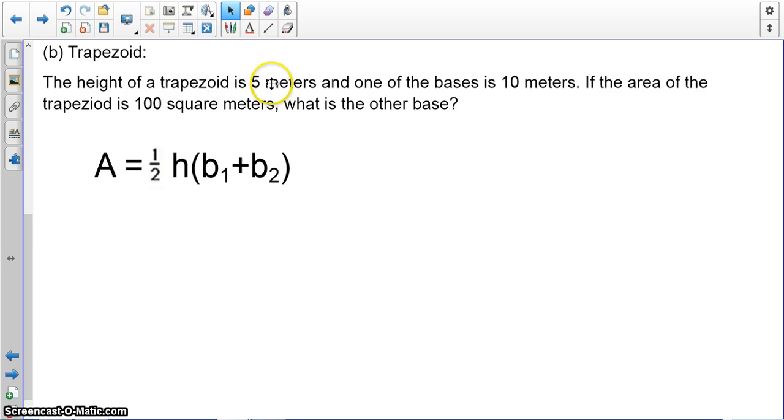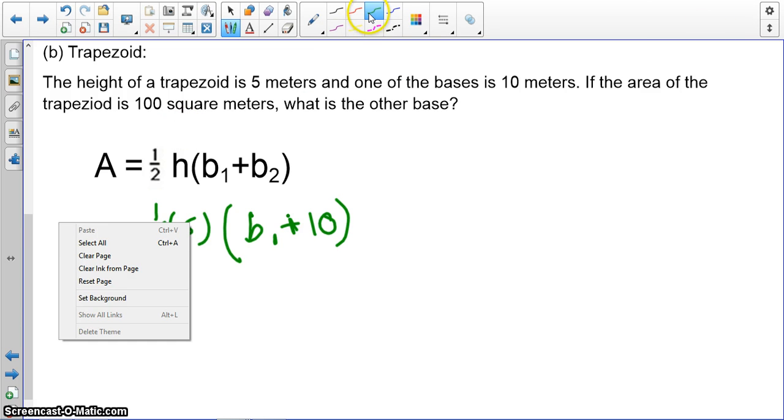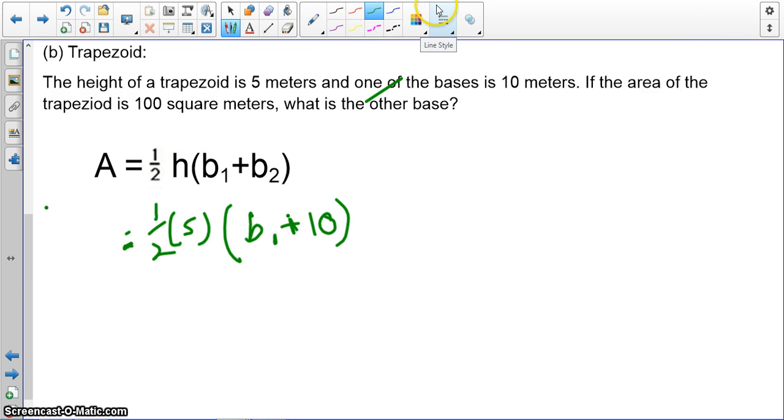So the height is 5 meters. Really what I do is, as soon as I start getting information, I start plugging numbers in. So height is 5, 1/2, okay. One of the bases is 10 meters, so I'll just say B1 plus 10. It doesn't matter, I could do 10 plus B2, that's fine. It will work out fine either way. And then if the area is 100, that means I got to throw 100 over here, maybe,